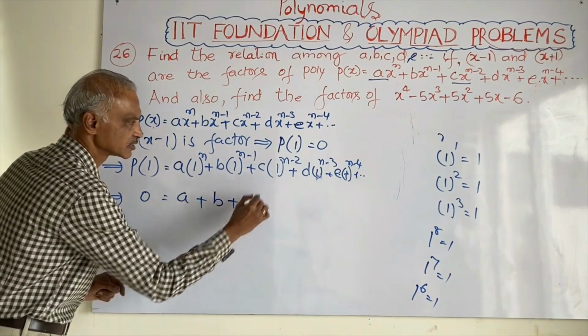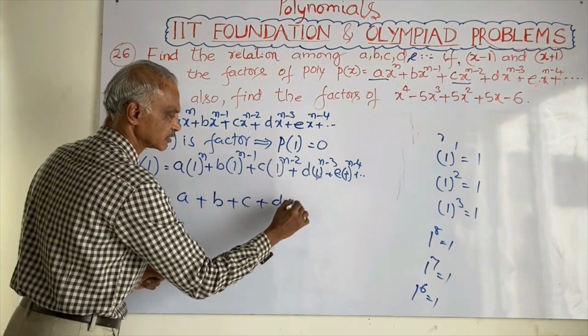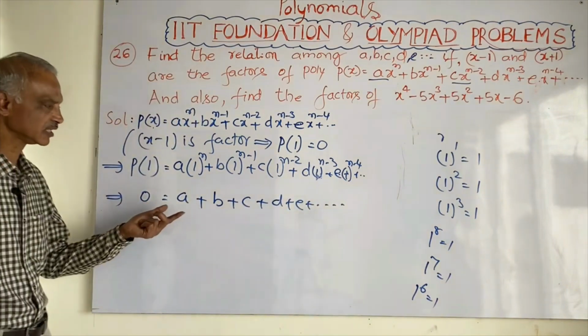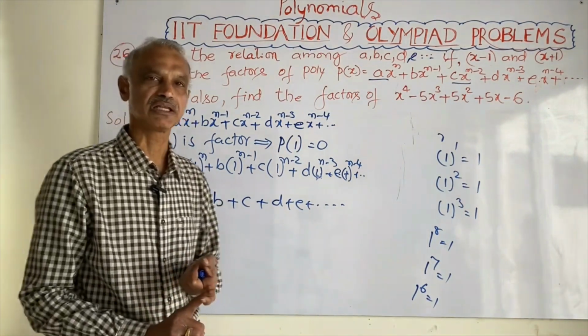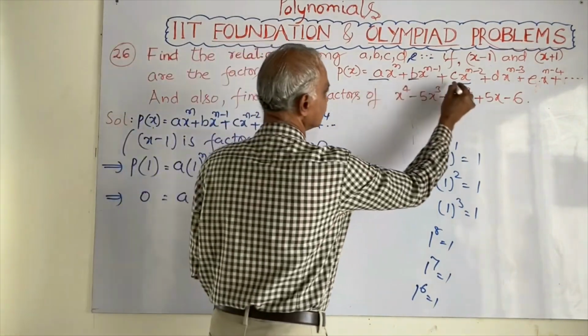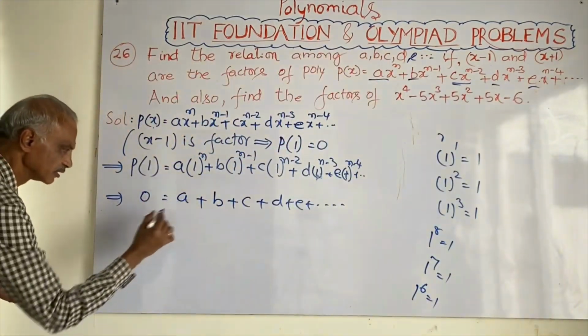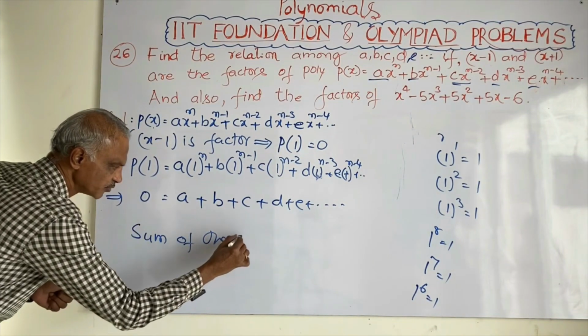a plus b plus c plus d plus e and so on. See, what is the relation? If x minus 1 is a factor of the polynomial, then you can say the sum of the coefficients of this polynomial is equal to 0. See, sum of the coefficients